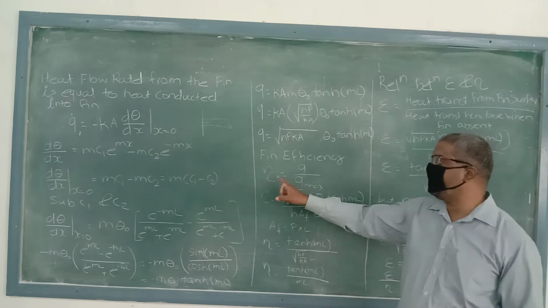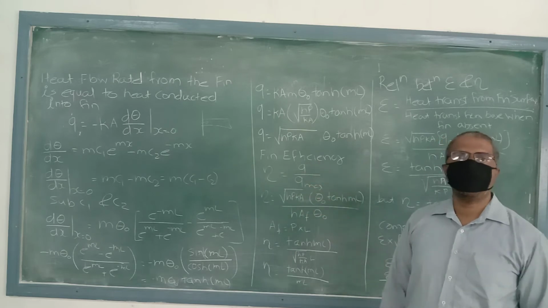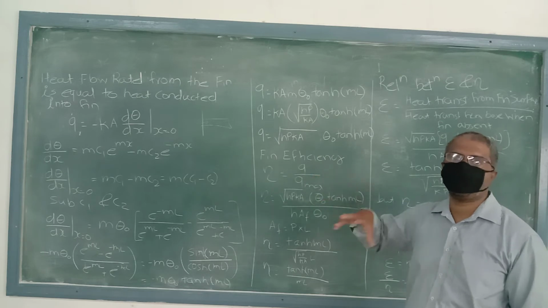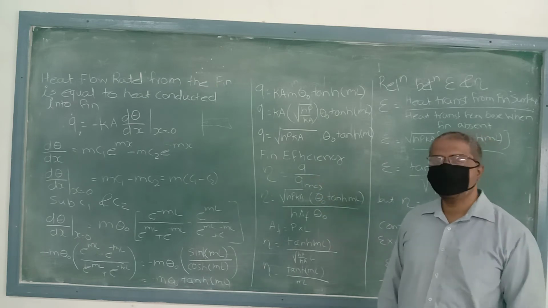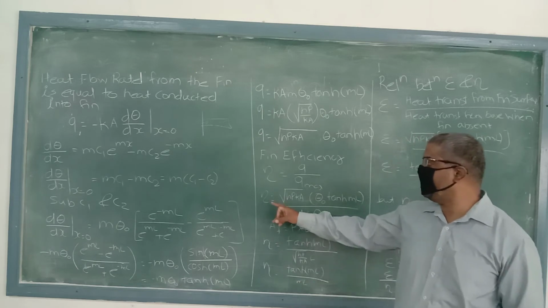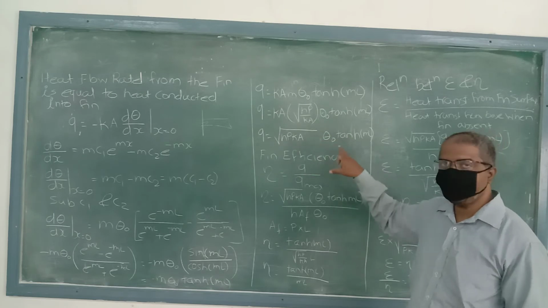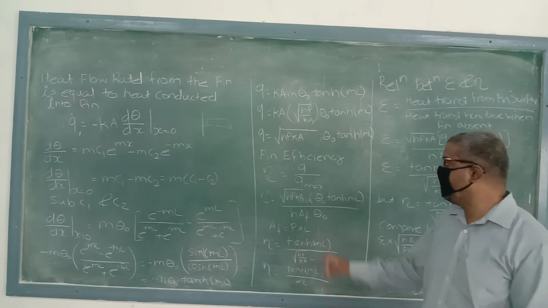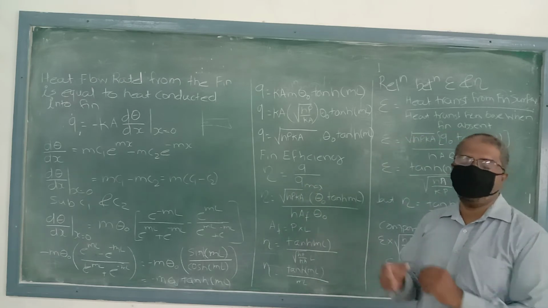So that's why we write efficiency = q upon q max. This is the maximum possible heat that has to be transferred from that fin, but this is the actual heat transfer. So efficiency equals this q we have calculated, under root hPkA θ0 tanh(ml), and q max is hA Δt as per